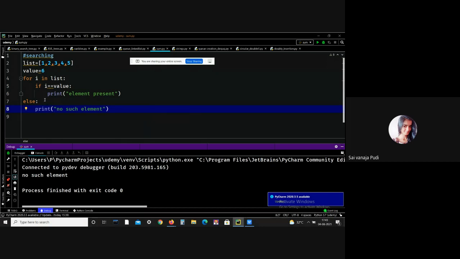After iterating the whole list, after completion of the for loop, it came to the else and printed no such element. 6 is not present in this list, right? This is all about searching. Generally, we can search for an element using two methods: one is the in operator and the next one is linear search, that is, for loops. I hope everything is clear till now.